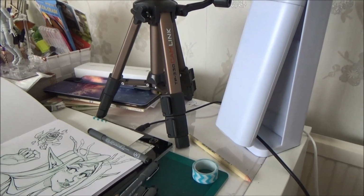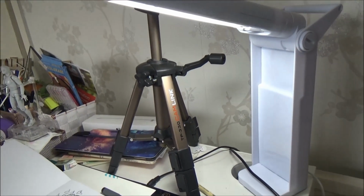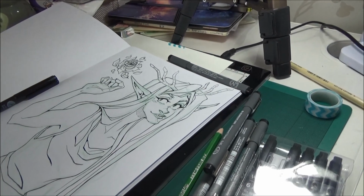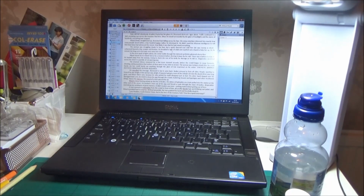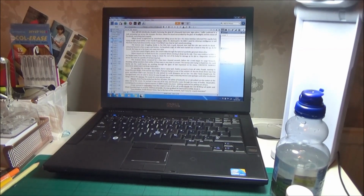I use a very basic daylight lamp which I got from Hobbycraft. I think they're about £25 normally, but I got it on offer for 20. It's got a really good light and it has made such an improvement to my working space and my YouTube videos as well. On this desk, as well as it being my traditional working space, I also have my laptop,